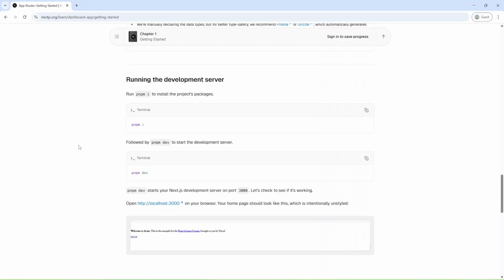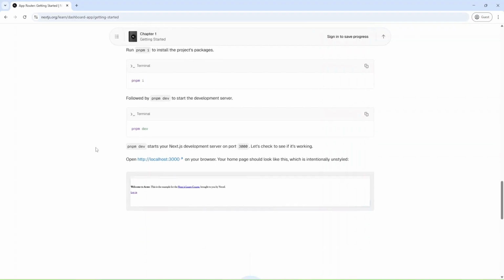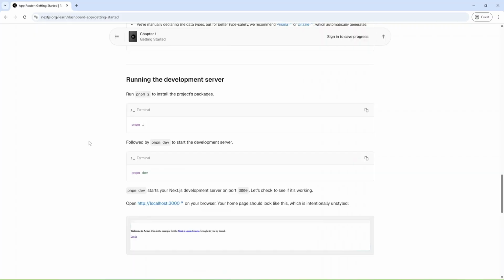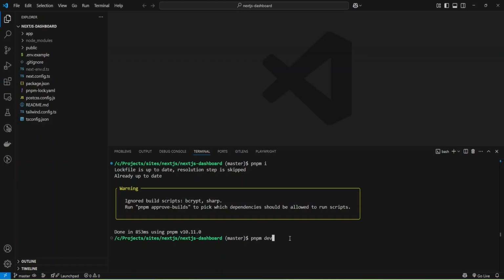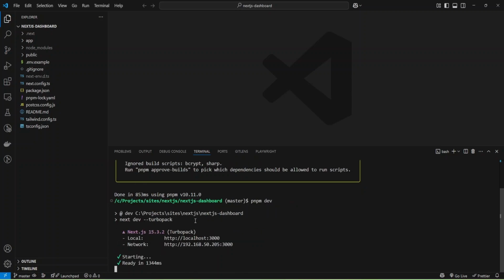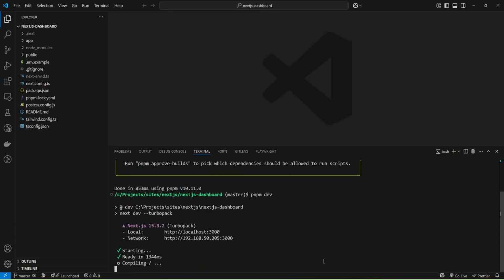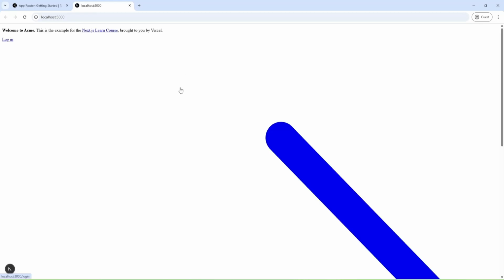And next we can run the dev server after dependencies are installed. And I'll paste the command and run my dev server. And as you can see, we're using Next version 15, and I can start localhost and check.